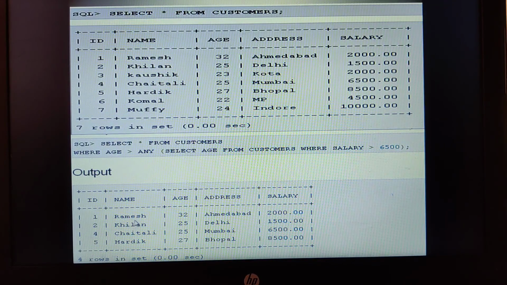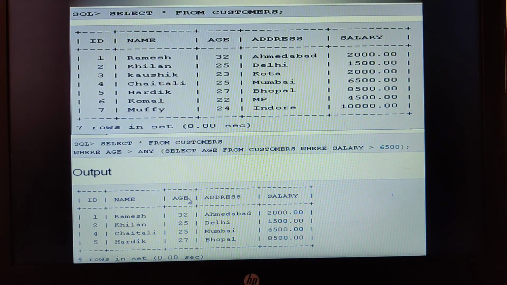That is why the Ramesh, Khilan, Chaitali and Hardik contents are displayed when this query is executed. Select age from customers where salary is greater than 6,500 gives only two, that is 27, 24. That is the answer of this inner query. So select star from customers where age is greater than ANY means it should be greater than 27 or it can be greater than 24. Both, anything is fine here with the help of ANY.